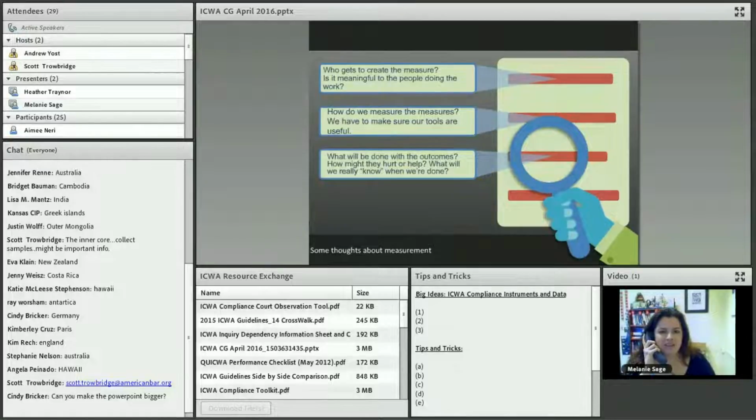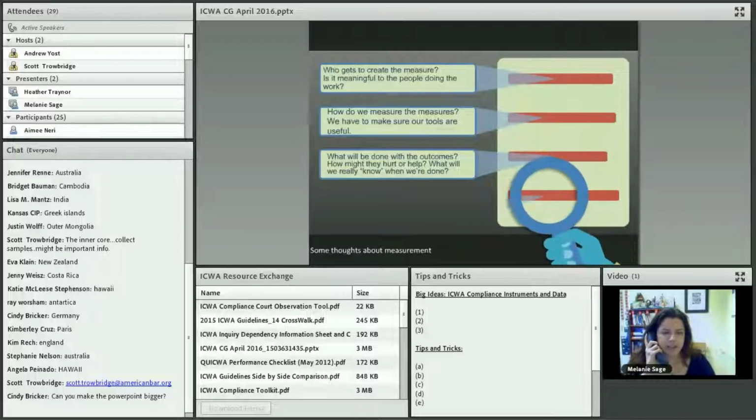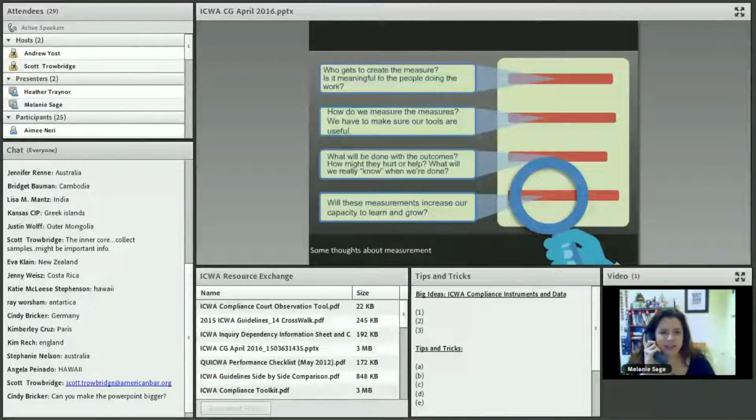So sometimes we think of really great things to measure. And if you think about the backside of that, like, well, what will you know when you're done with this? And is this really going to help with things that are within our realm of control to change or are going to be useful in some way? And the last question that I have here for your consideration is, does this measurement really increase our capacity to learn and grow? Sometimes knowing some things has drawbacks as well as benefits,